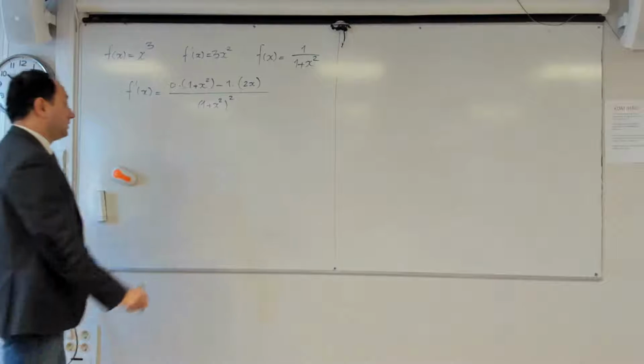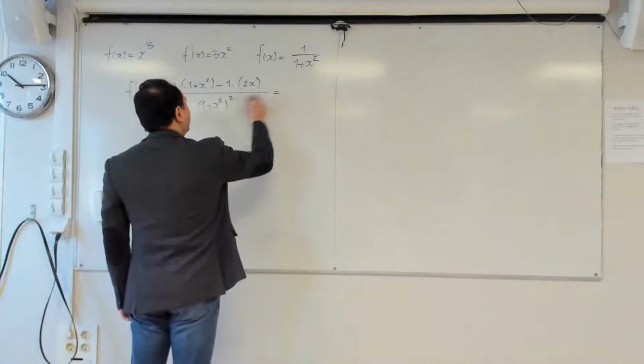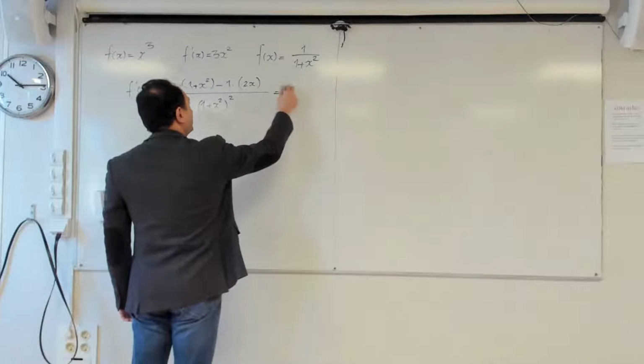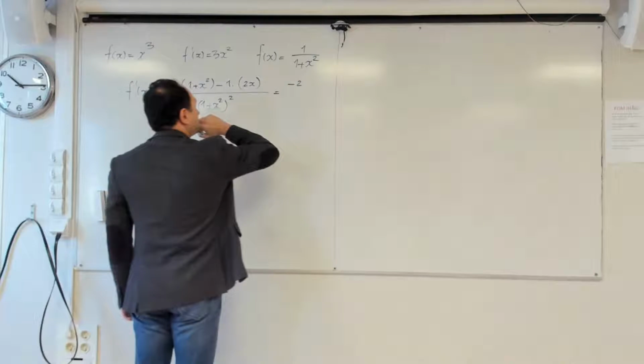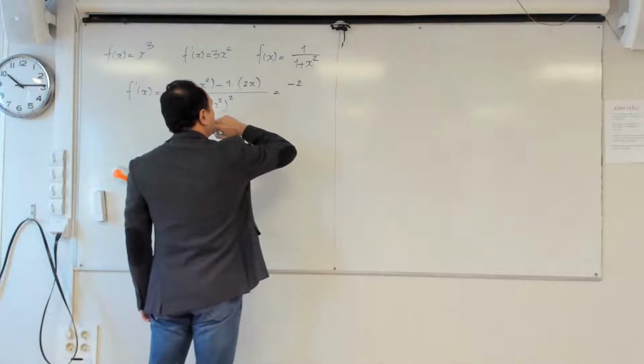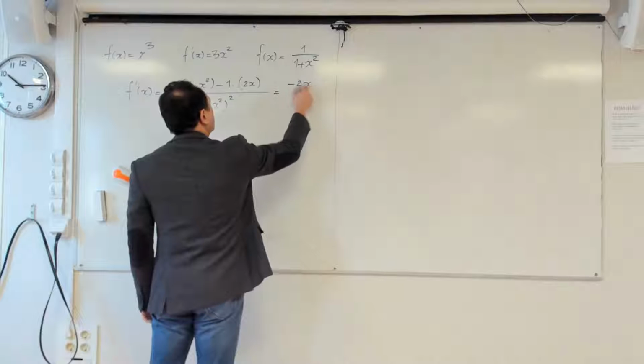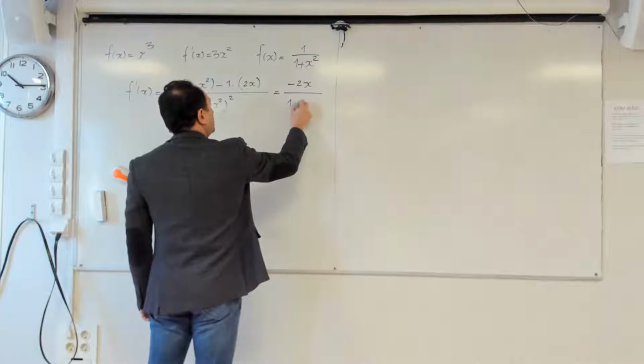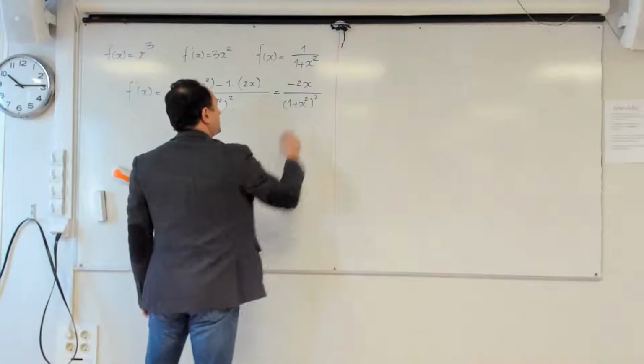Yeah, something strange is happening now. Let us see why this is working like that. So it becomes minus 2 what? Minus 2x, am I right? Divided by 1 plus x squared. Okay, so